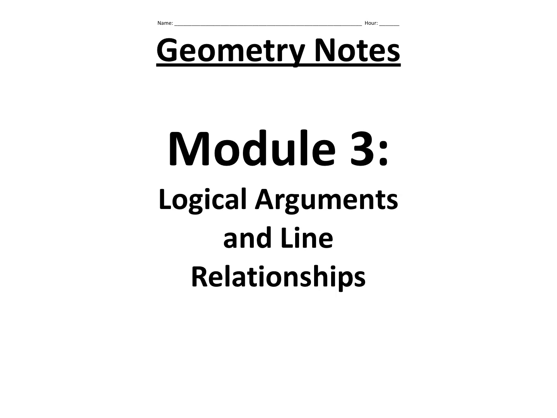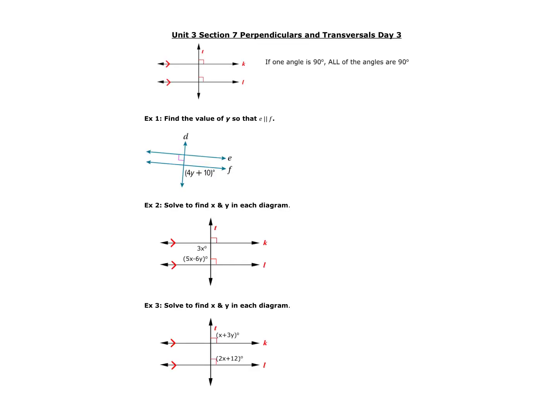All right, so today we're going to be looking at the relationship between transversals and parallel lines when one of the angles is 90 degrees. So if we can prove, or if we're given that one of the angles is 90 degrees in a system of parallel lines with a transversal, that means that all of the angles are also going to be 90 degrees. All right, so using that information,